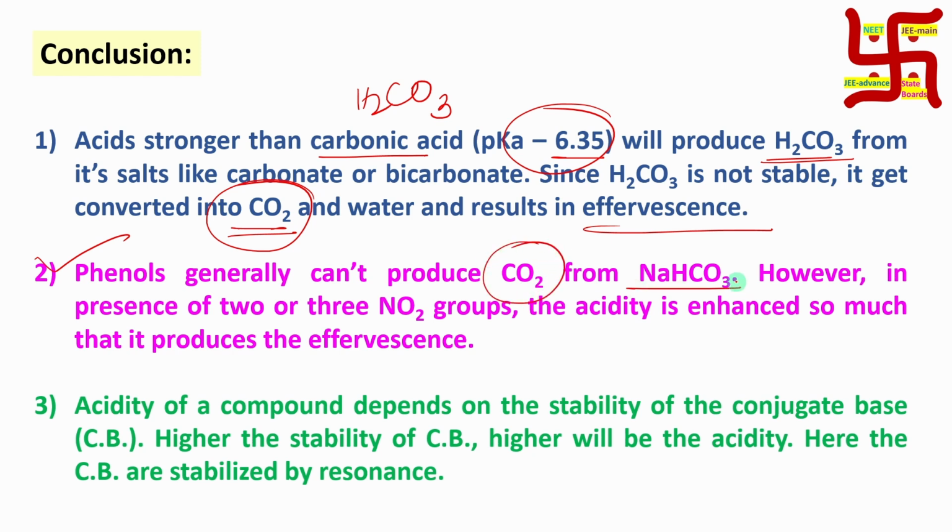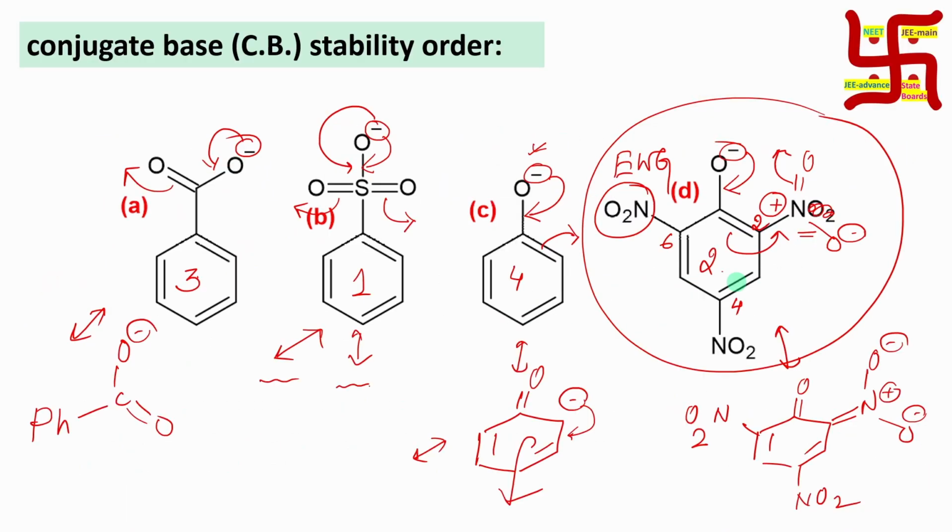It is a weaker acid. By the way, you may ask one question: sir, in the phenol case there are 5 canonical forms, whereas in case of benzoate there are 2 canonical forms. So why is phenol less acidic than benzoate? If you look at this benzoate, the negative charge is 2 times on the more electronegative atom oxygen, means it is more stable. If you look at the phenol case, except the first one or the last one,